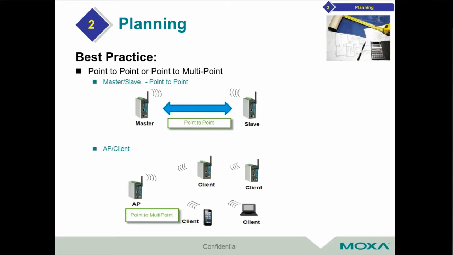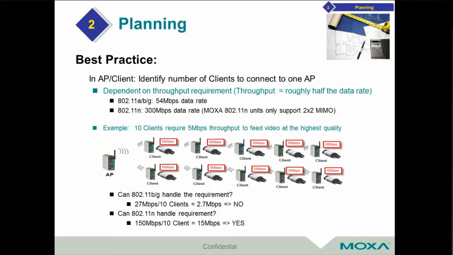Am I trying to bring multiple client devices onto my wireless network? Knowing those things will help you determine what type of topology you're going to want to use. The other thing in the planning is to determine the throughput that you need. So you'll have to figure out, based on the type of clients you want to connect, how much bandwidth you're